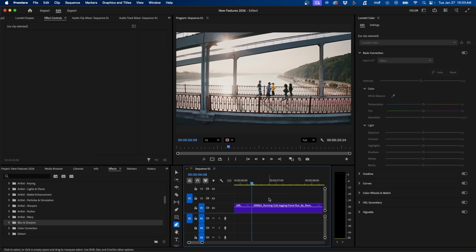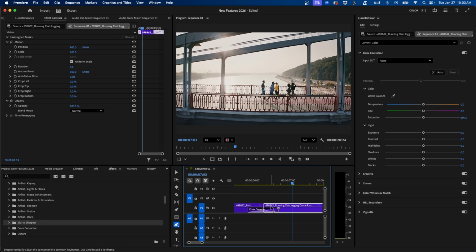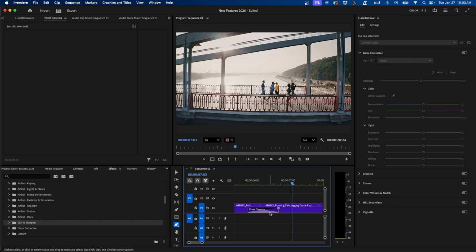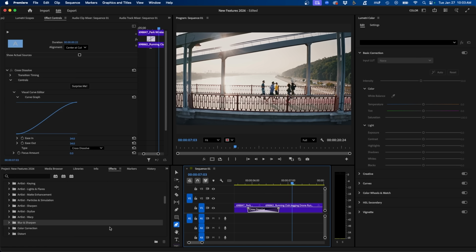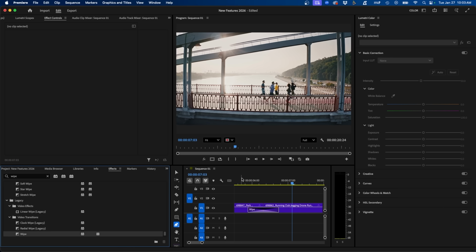Now you might have noticed that when I hover over those clips inside my timeline, there are new handlebars on my video clips. And now inside the latest version of Premiere Pro, you can easily click and drag this handlebar to add the default transition effect to your clip. As you can see, I just added a cross dissolve there in between these two clips. If you wanted to change this transition, you can easily just click on it, type in maybe another one. I'm going to add a wipe instead, and just click and drag this to your transition here,